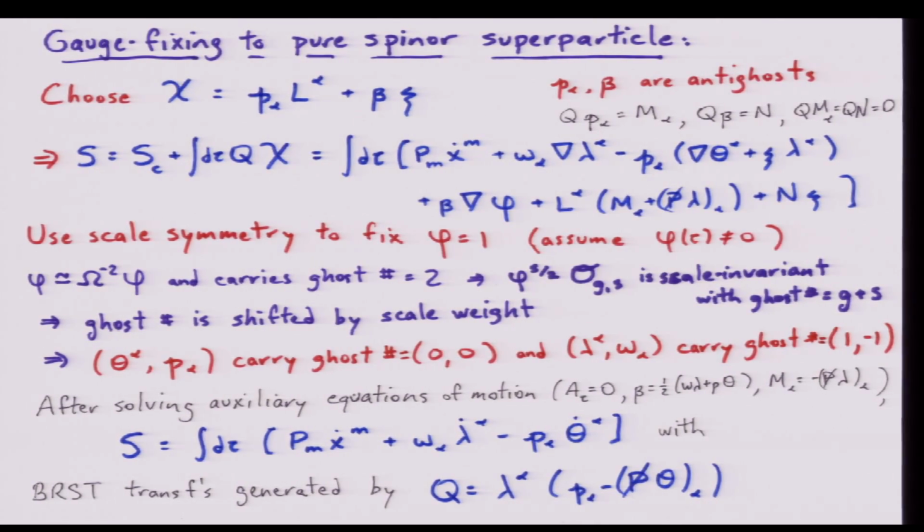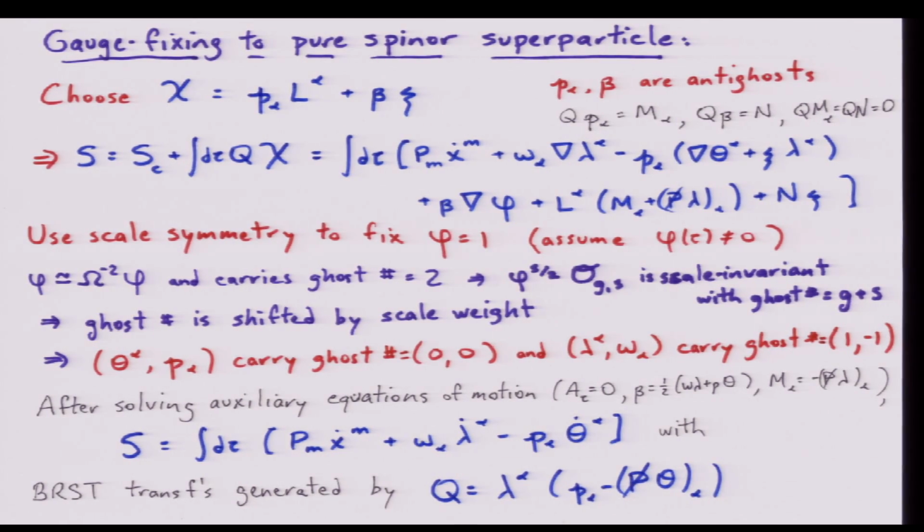Now there's one more important ingredient, which is that we still have this scale symmetry. So naively, you would use the scale symmetry to gauge fix one of the components of lambda to 1. In this case, I'm going to do something different. Of course, scaling one of the components of lambda to 1 would break the Lorentz invariance. So I'm going to scale phi to 1. This, of course, is only possible if I assume that phi is nowhere vanishing. So we're going to make this assumption. And that means we can scale phi to 1.